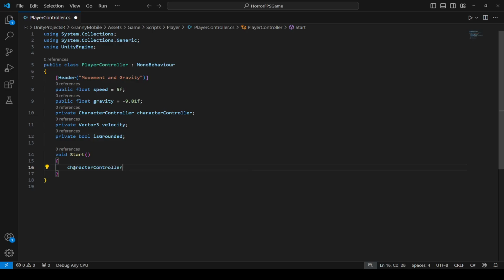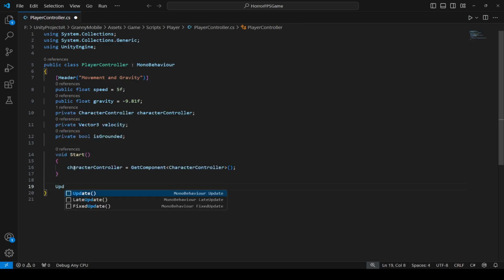So I'm gonna say characterController equals GetComponent, and the reason we are using this GetComponent is because the character controller component and this player controller script are attached to the same player game object. Alright, so we can then just get the component simple as this. We just need to type that component name in here, which is CharacterController. Alright, once we have this, then let's add an Update method,